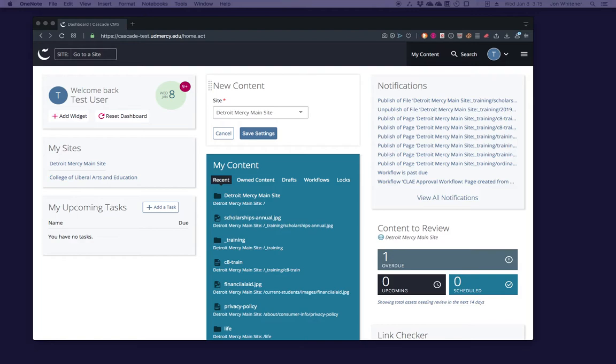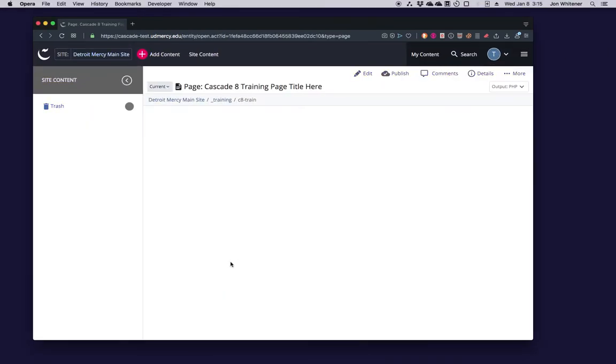Cascade lets you edit the content on our web pages, and it lets you update files such as images or PDFs. To edit an asset, bear in mind that your Cascade account needs to be enabled to access and edit that asset. For instance, most pages you will not have the ability to edit. You should typically just have the ability to edit pages and files in your specific area that you're in charge of. Also, I'll bring up a page just to look at while we talk.